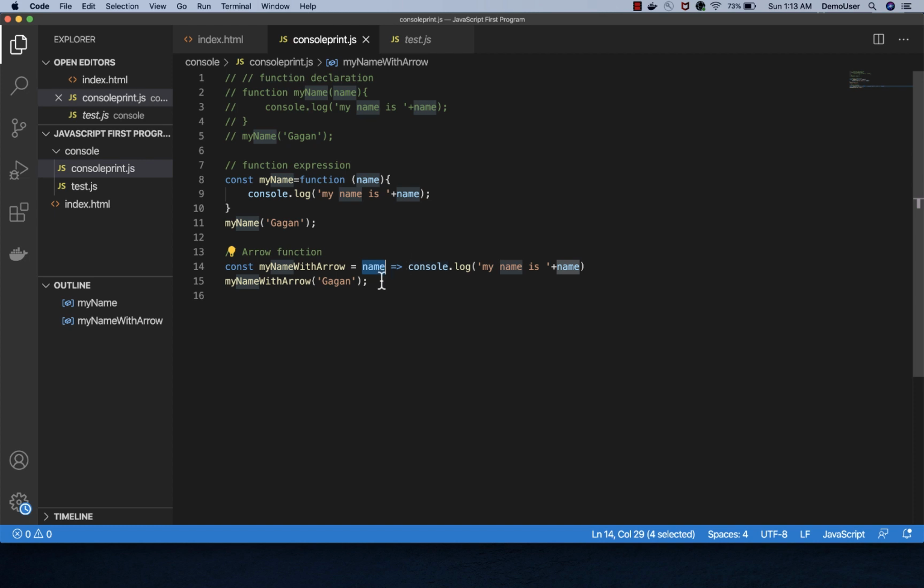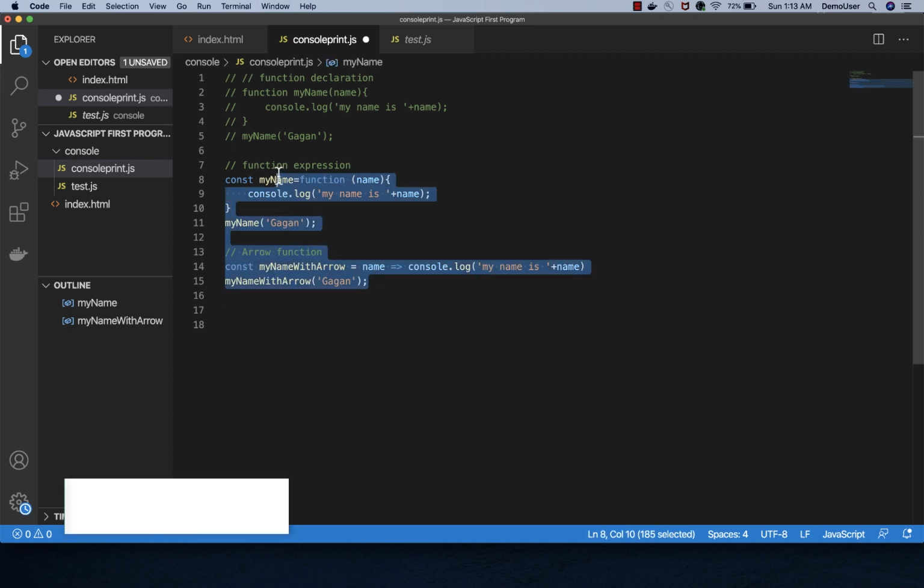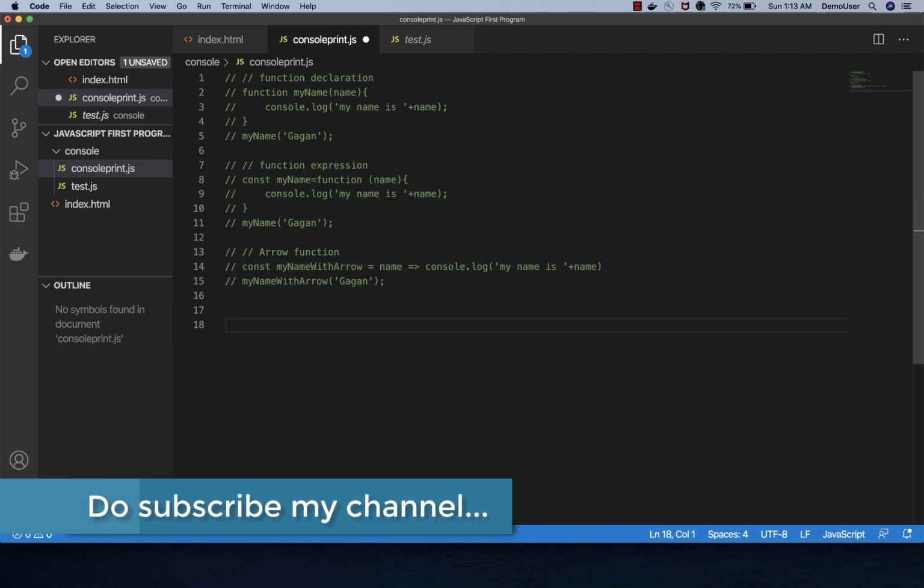So in this case, since it is only one line of code, we are not using anything for return or anything for parameters. So we are not using any curly braces also. But what if I have a big function to write? So let's say I will just write a new function here with, let's say, declaration only. So I will say again